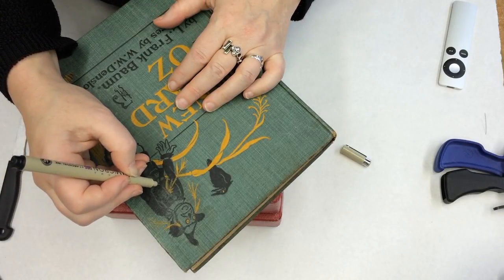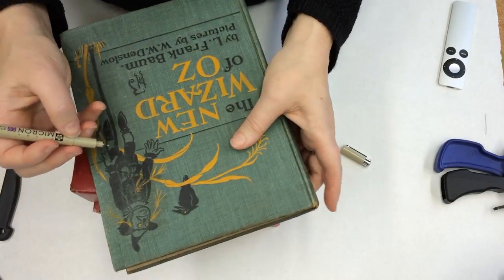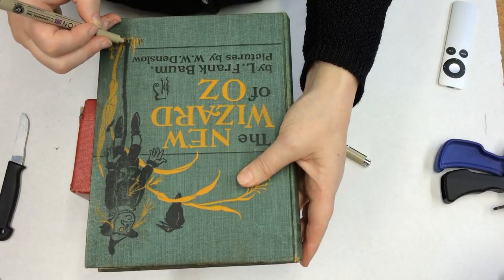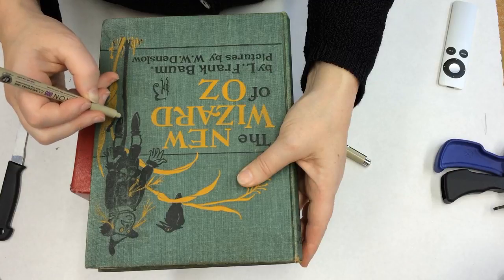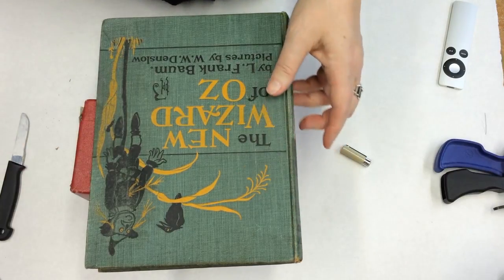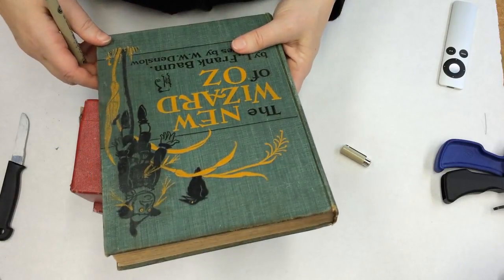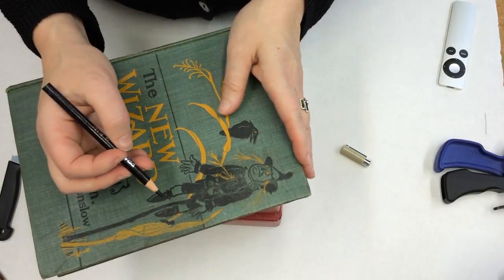Well, I think that's getting better. And then it also went kind of all the way down here with the losing some of the color. Okay. Well, that is definitely better than it was. Another thing you could do is use the colored pencil,